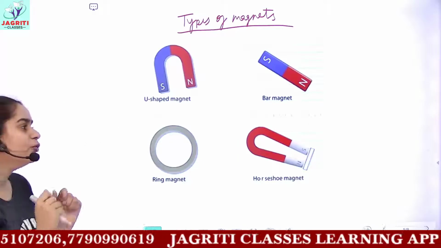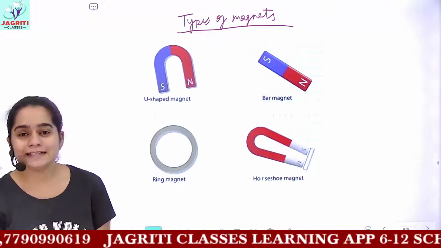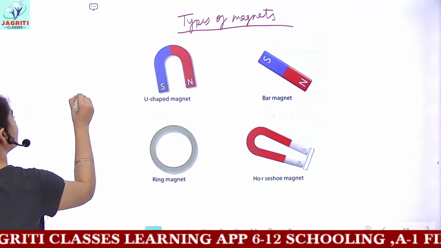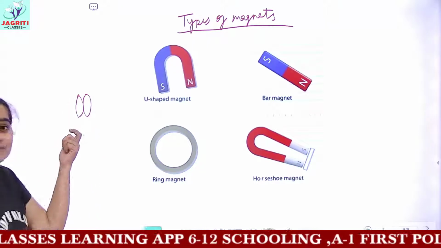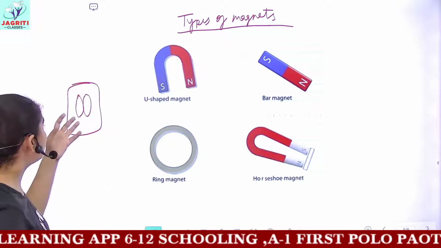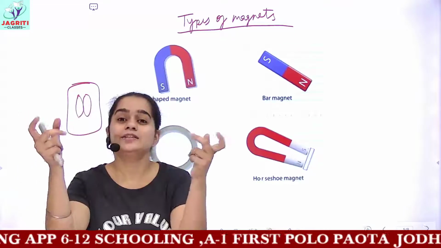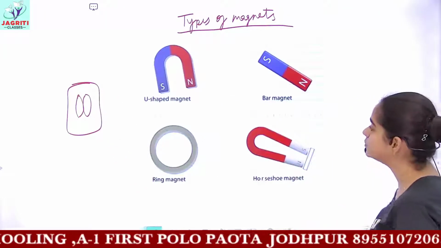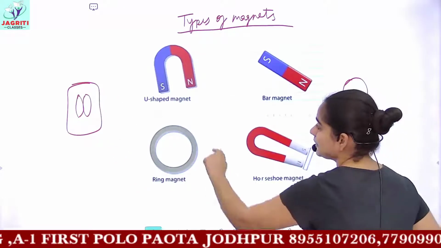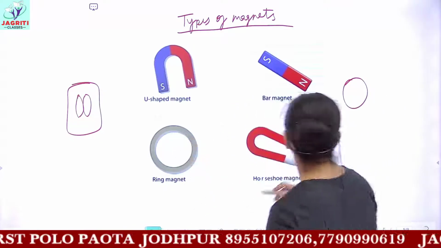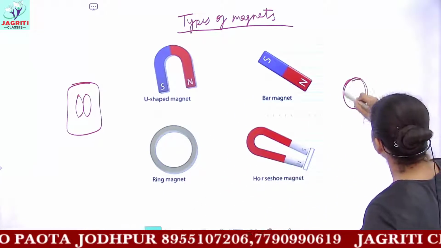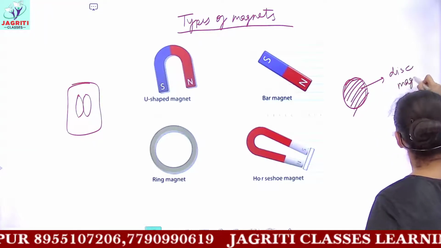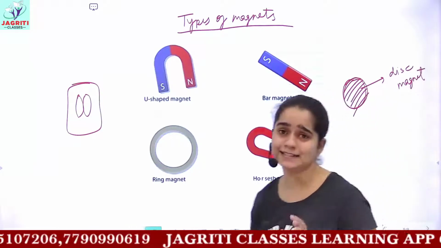The magnets you got when you were kids, when there were fairs organized, in the fairs we had certain kinds of magnet. Okay. So there are many kinds of magnets. It was like a toy. What we do is, if we separate these two, then they join and they produce a kind of sound. Okay. So such shaped magnets were also produced. Then you have this ring magnet, which is hollow from inside. Then you can also have this kind of magnet which is a solid, and this is called a disc magnet. And many more other shapes of magnets are present.